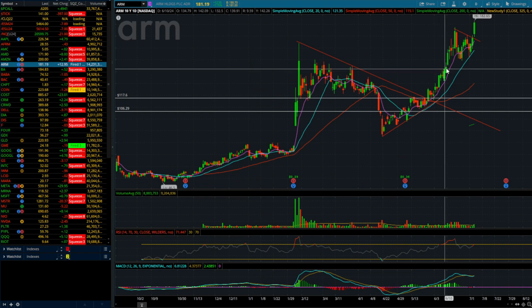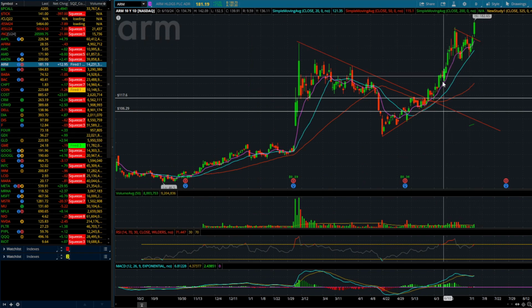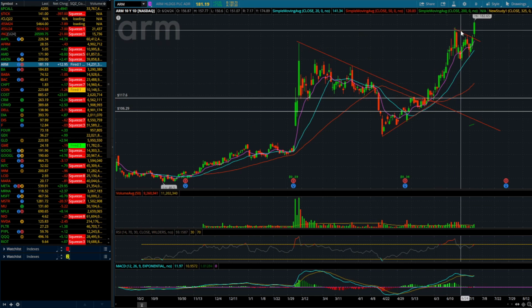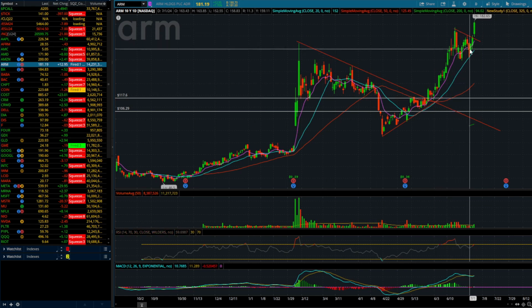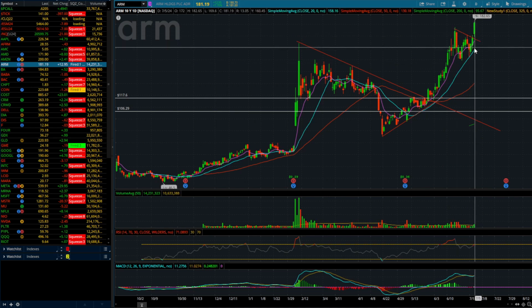Another name that's doing well that I'm going to be looking at is ARM. As you can see, we had this huge breakout and move back up to all-time highs. We've been kind of consolidating here, pulling back down. We held the 20 MA, and we had a nice push last week on the short week, which is absolutely